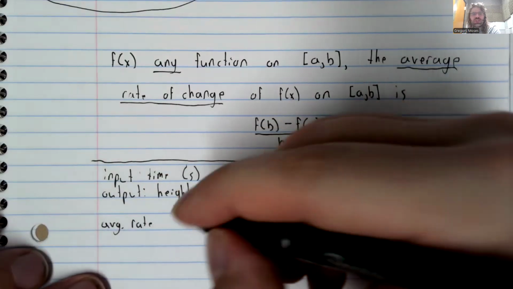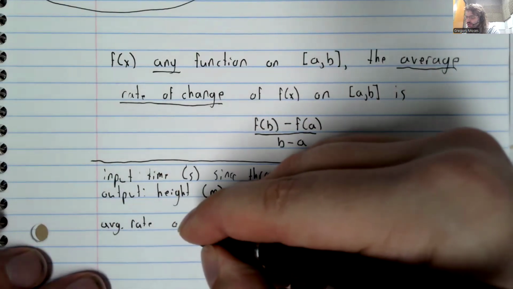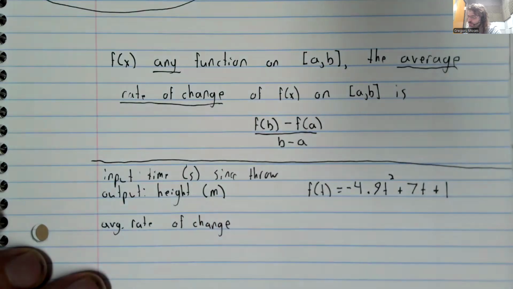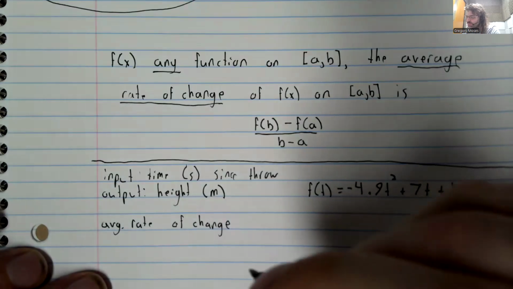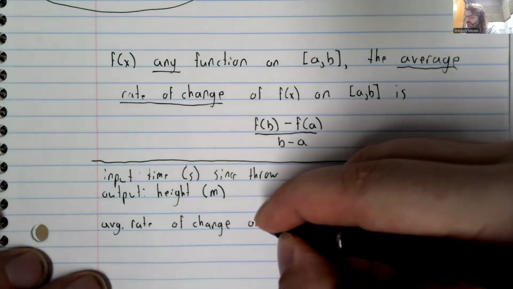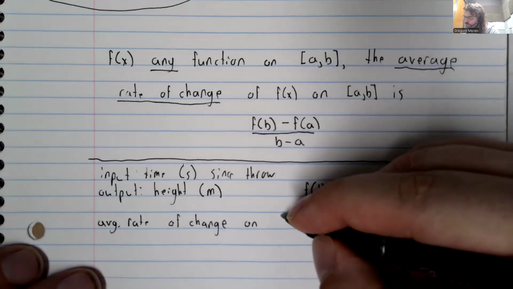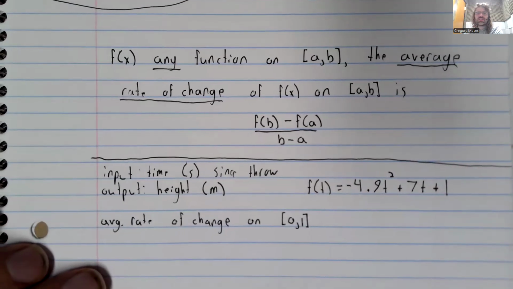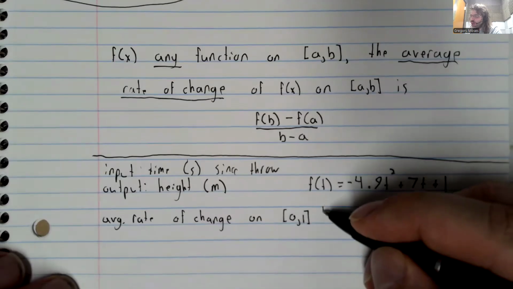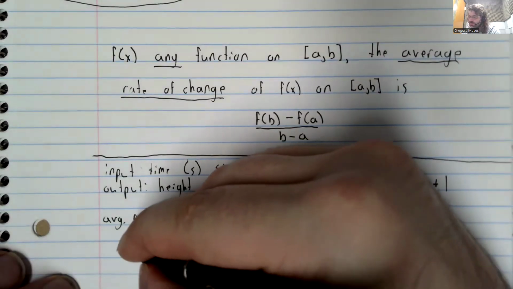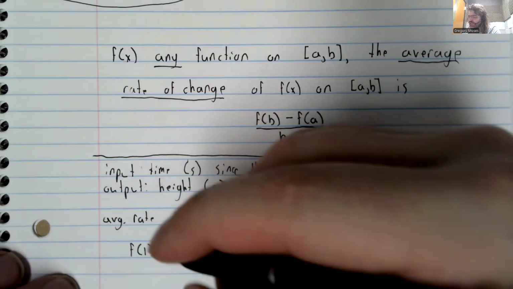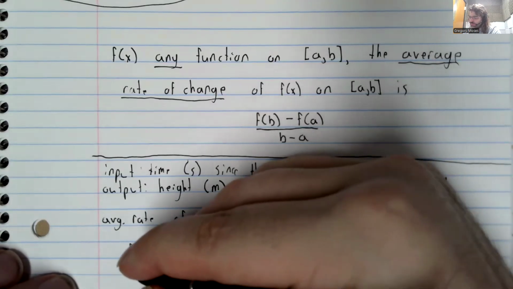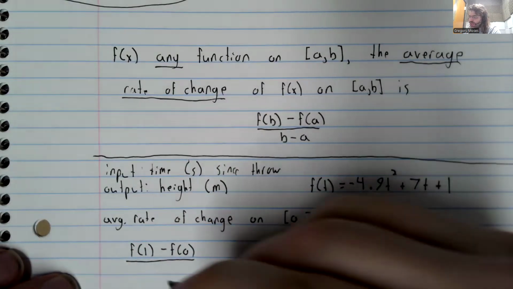But we could talk about the average rate of change on the interval from, let's say, from 0 to 1. It's f of 1 minus f of 0 divided by